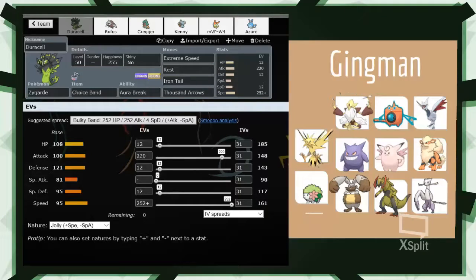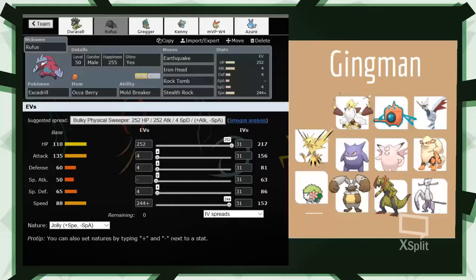But next up, we got Rufus, the Excadrill, holding the Occa Berry. Like I said before in the little team preview with Gingman's draft, he does have a Zapdos, and despite my ground types, he does have Heat Wave, and this is basically my check to it. I have the Occa Berry to take on that Heat Wave, with Mold Breaker, of course, to hit the Rotom Wash